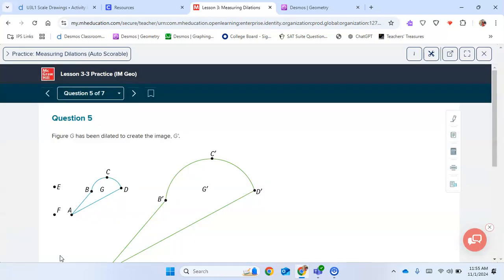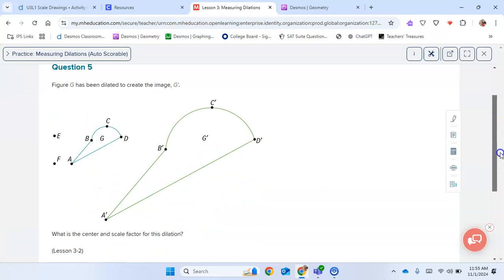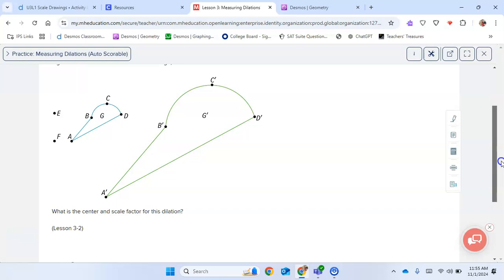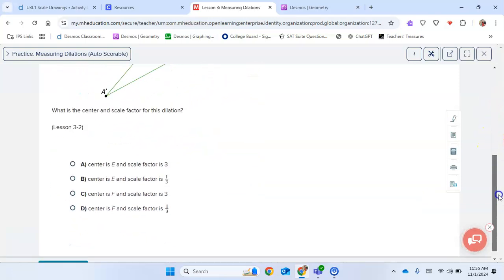Question 5. Figure G has been dilated to create image G prime. You can see G prime is greater. So the scale factor has to be greater than 1, as we said several times. What is the center? Well, you could see A prime and E line up. E is the center. What is the scale factor? I'm not sure what it is, but I know it's greater than 1, right? So center E,